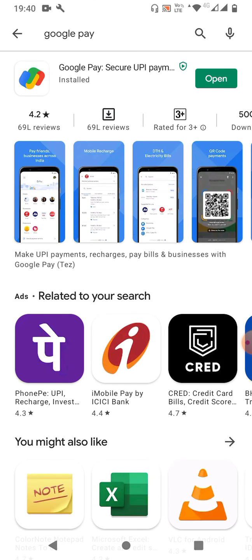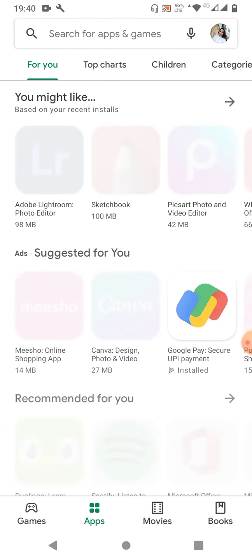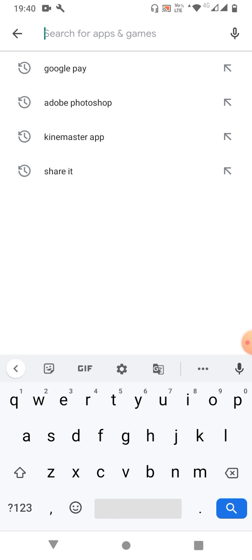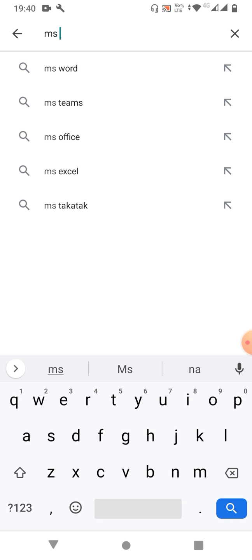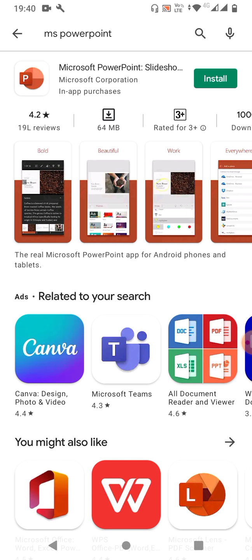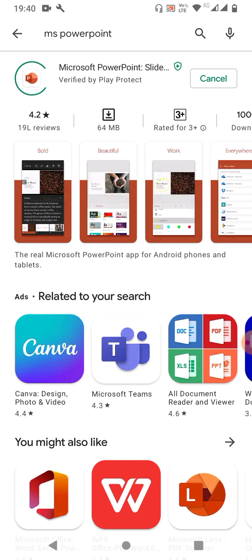I'm going to open it, and after opening the Play Store app, first we have to download the Microsoft PowerPoint. So search it accordingly, MS PowerPoint, and yes, this one. Now just download this app which is showing this icon, and install it.